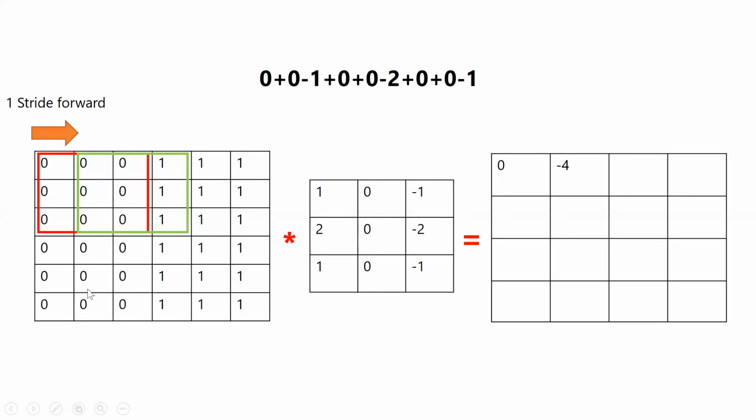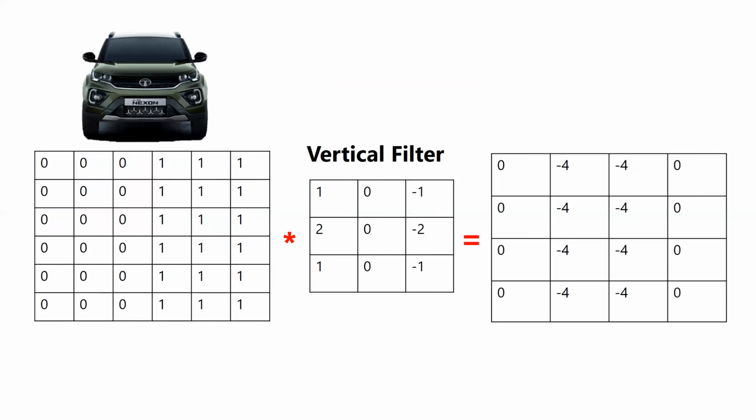Normally when you see in this image itself, these are the zeros, these are the ones. In this image, the zero parts are nothing but the white areas, and the ones are nothing but the black areas. For example, wherever we have zero, this indicates this complete portion is white. Wherever we have one, this complete portion is black. When we apply the vertical filter, we can identify what vertical coordinates are there in our image. That's why we are going to apply this.